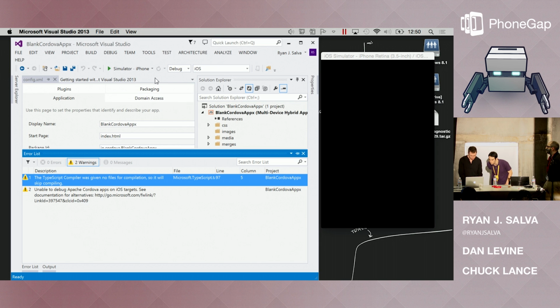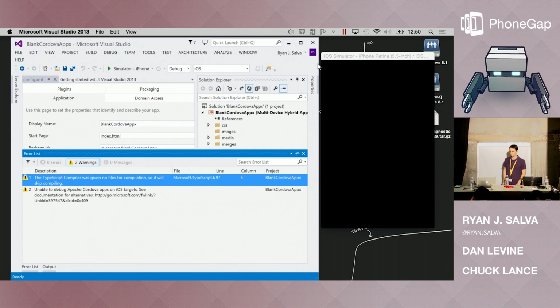Okay, I must have changed something in the code while I was tinkering around. But you get the idea, right? I've got the iOS simulator up side by side with Visual Studio, and there I can just debug, treat it just like any other thing. Just like I was in Ripple, right? One window side by side, or if I've got two monitors, I can put one up on the secondary monitor and actually have my coding environment on the primary monitor, right?